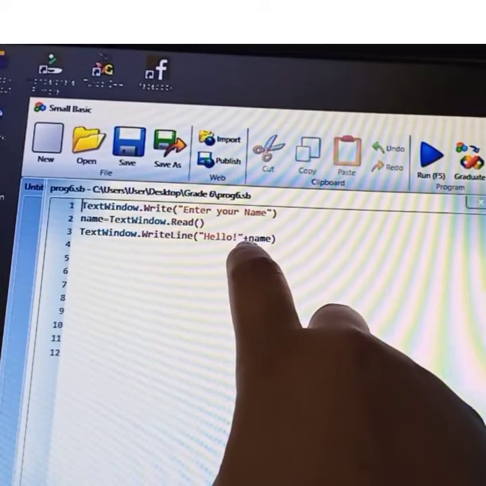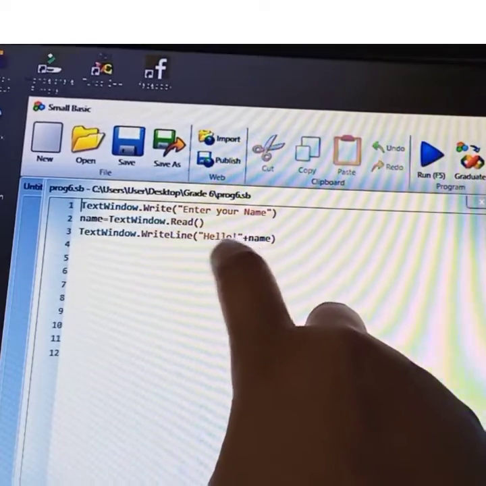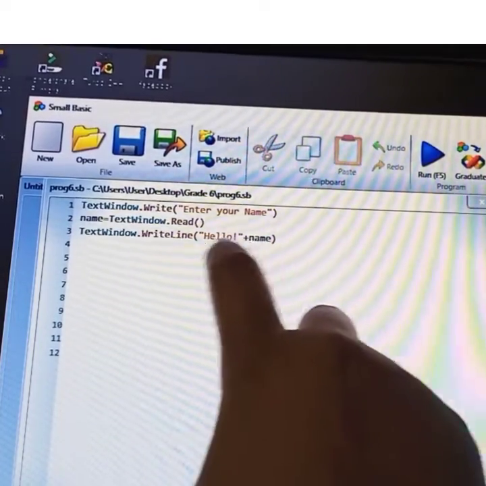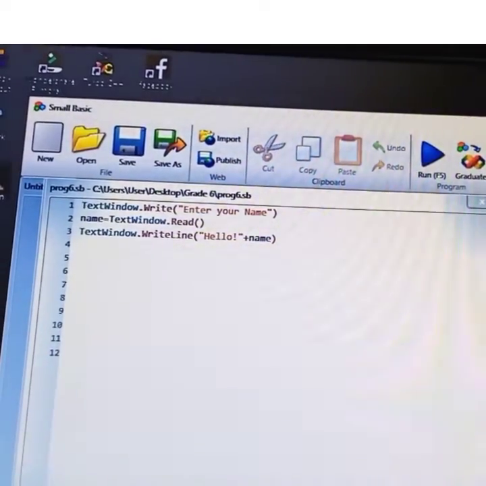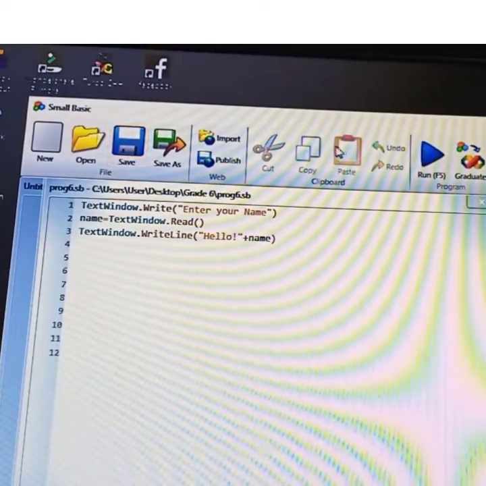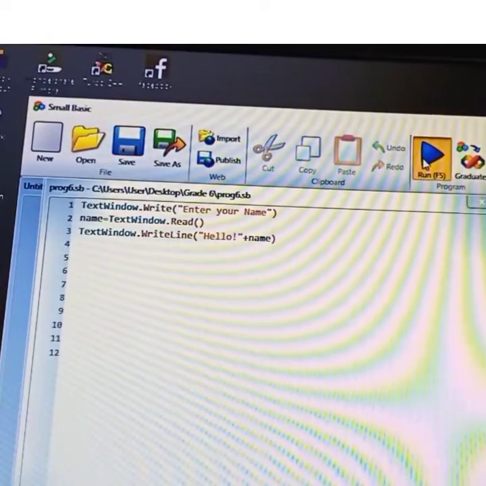Then TextWindow.WriteLine("Hello" + name). Whatever value we get from the user is stored in name, then it is concatenated with Hello. Now execute this program, you get the output like this. It's asking enter your name, then you can give your name here.